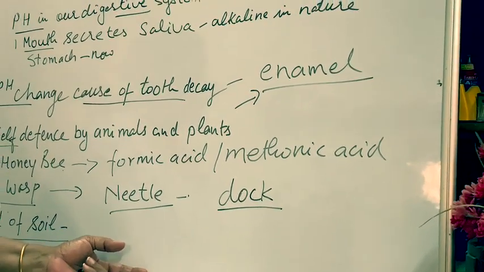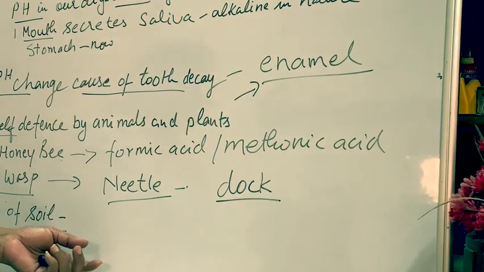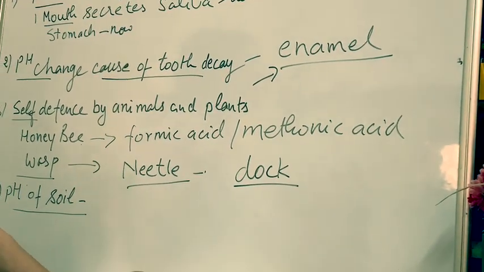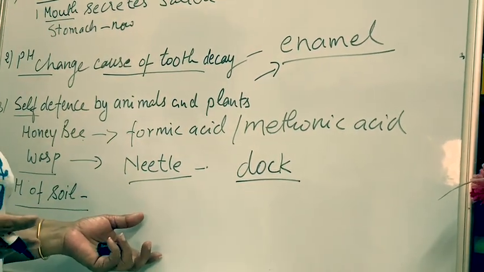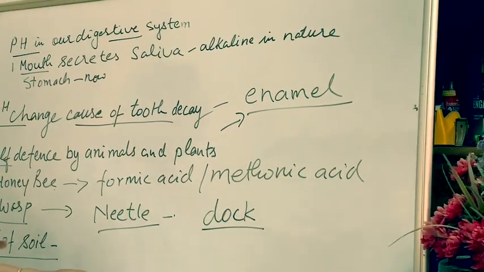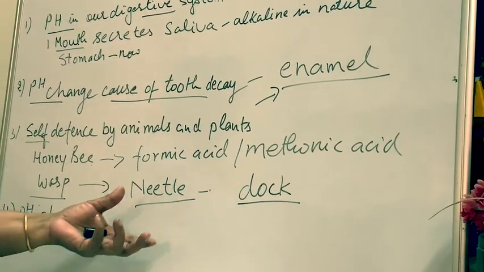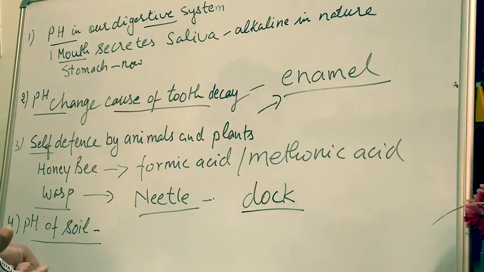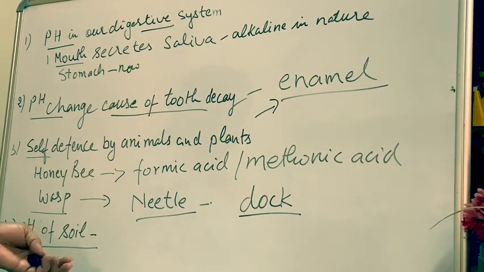Next, if the soil is too basic, we don't add any acidic substance, but in fact we add some organic matter. When organic matter decomposes, it changes the pH of the soil. This way we can maintain the pH of the soil for the proper growth of the plants, and this way we can have good agriculture and get benefit from the plants. So this is mainly about how important pH is in our daily life.